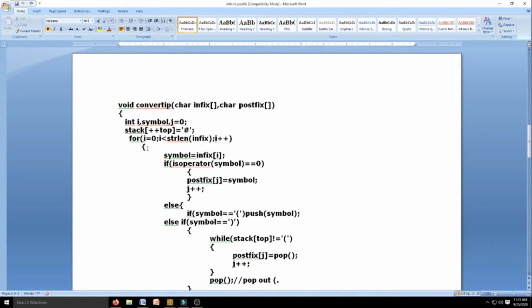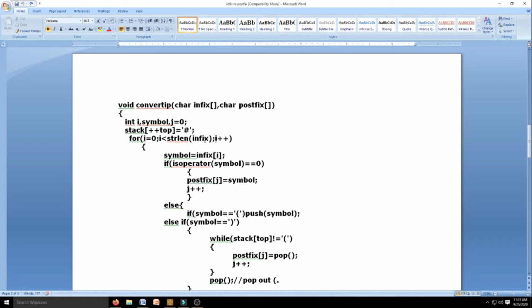Okay. Now how many times am I doing this? I am doing this operation on as many symbols as there are in the input string. The input string means it includes operands and operators both. So first of all I am taking the string length of the infix expression. Let us say you write a plus b.